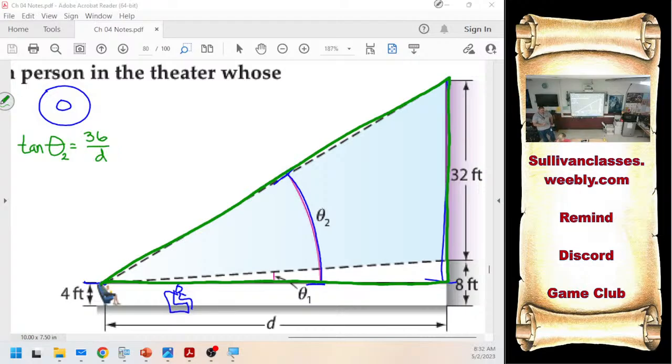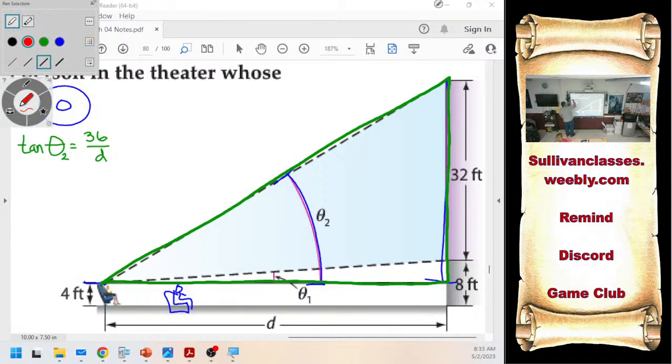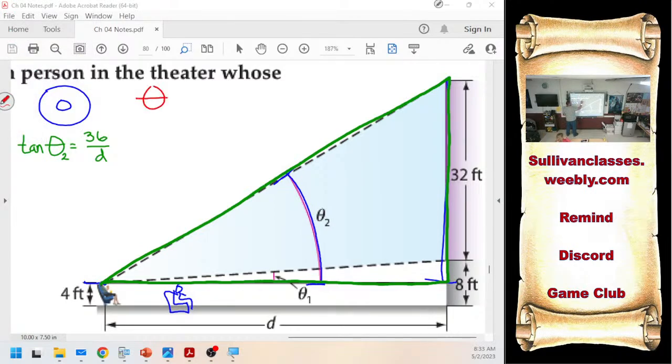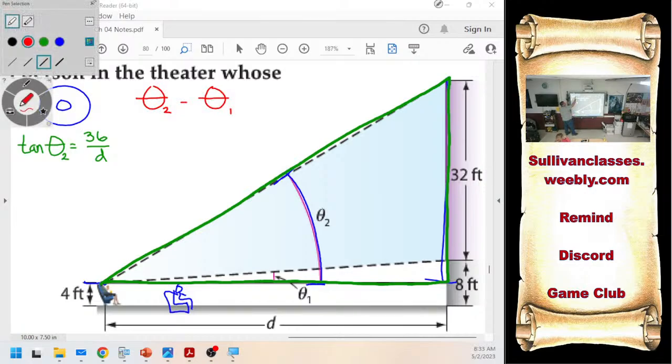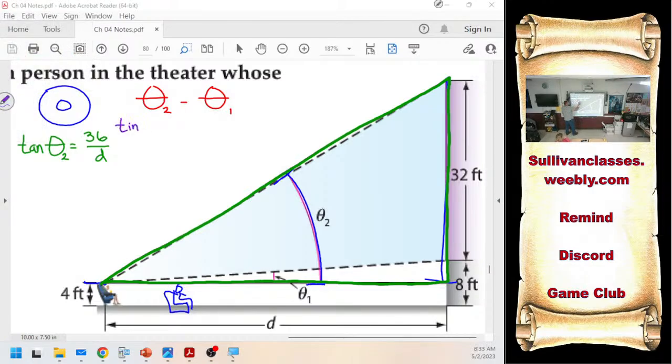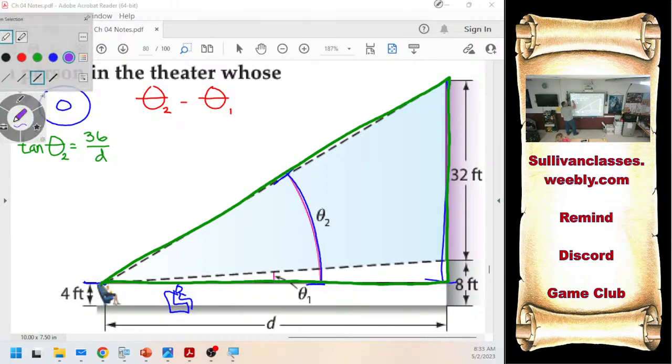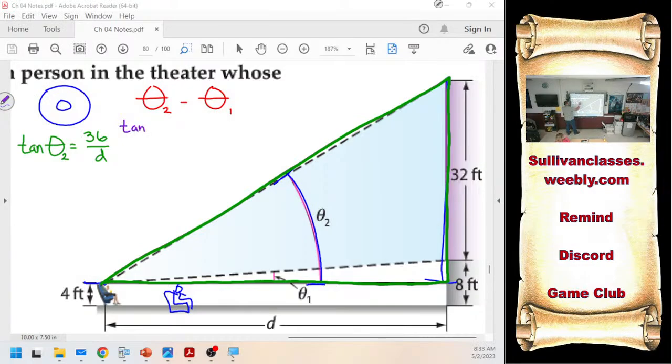So the angle, think arc functions, would be what? The inverse tangent of that. That would get me the big angle. If I want to find big angle minus little angle, then I'm going to need arc tangent. I'll need arc tangent of 36 over d